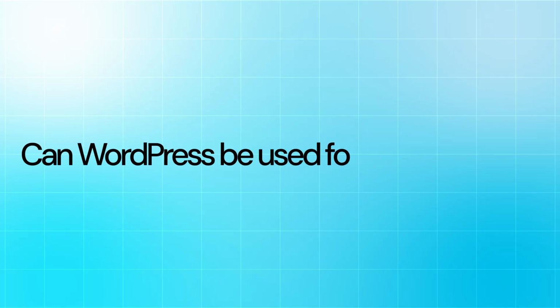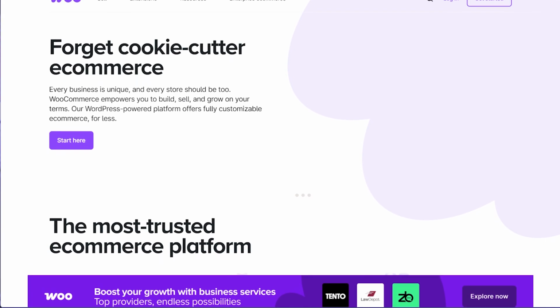The next common question about WordPress is, can WordPress be used for e-commerce? Absolutely. WordPress is designed for lots of different solutions. But technically, out of the box, WordPress doesn't have e-commerce functionality. But with the magic of plugins, you can add e-commerce functionality. For example, if you want to sell physical products, ship them, t-shirts, shoes, socks, jackets, then use WooCommerce, which is a great solution built on top of WordPress.